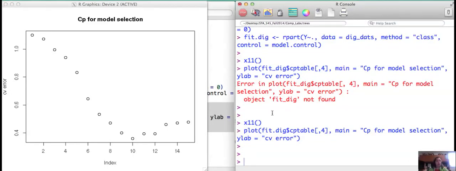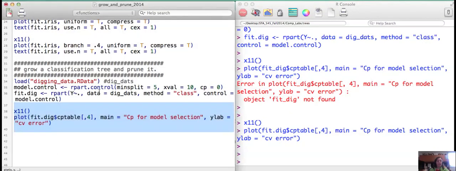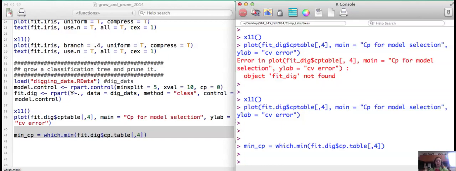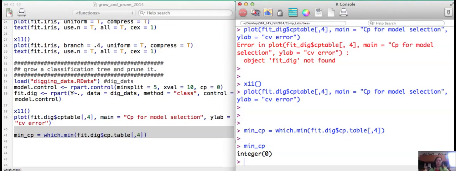So if I look, how do I access that? So let's see here. One thing I can do is I can say minCP is which.min of fit.dig cp.table 4. Okay? And it tells me,